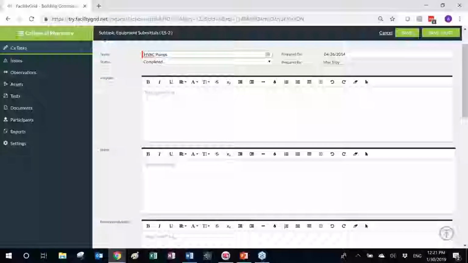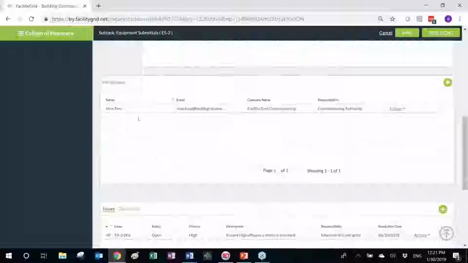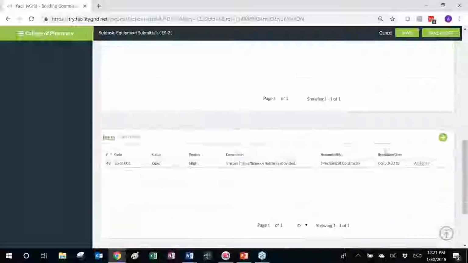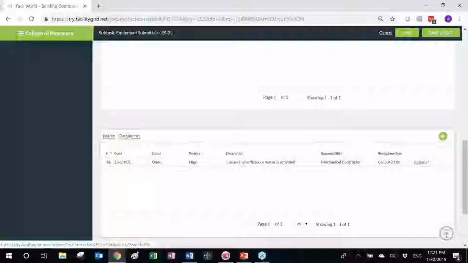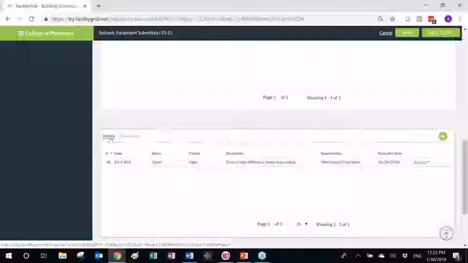However, I can skip populating these boxes and proceed to the participant section where I can indicate who actually participated in review of this submittal, and then use the document section to upload the submittal that I have reviewed, or if I marked up a PDF document, I can upload this document in the section as well, and then document my comments in the issue section